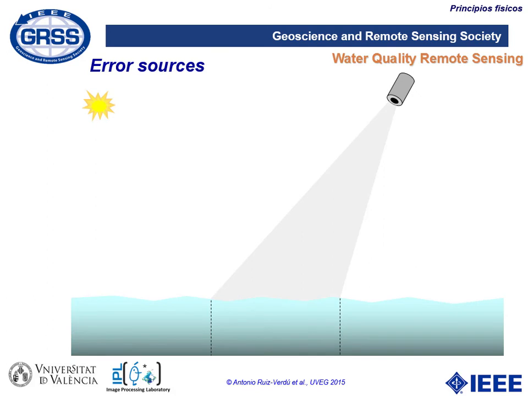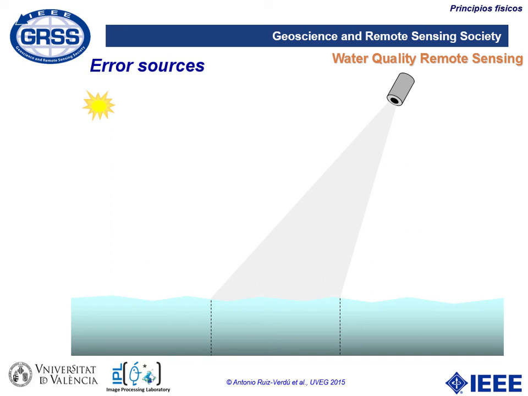Well, it's very important to take into account, when we apply any algorithm to obtain chlorophyll concentration or suspended minerals or CDOM or other pigments, which are the typical objectives of these algorithms, that we first must remove what we can call error sources or contributions that are not coming from water leaving radiance, but are coming either from the water surface, from the atmosphere, or from the land or the pixels surrounding a given